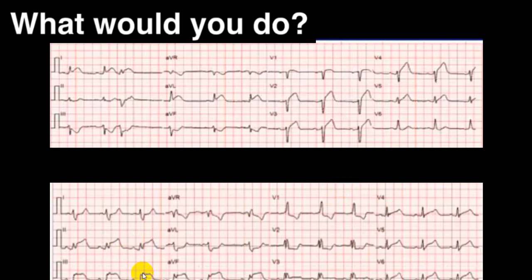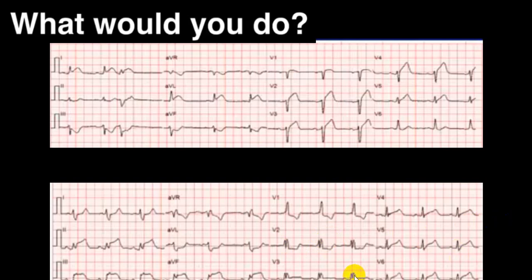So you have to put all things together. There is inferior wall, there are reciprocal changes of inferior wall, and there is ST depression with T wave inversion in AVR. Even in V1 you see there is an R wave with ST depression and T wave inversion, plus there is ST depression in V2. If you get ST depression with an R wave and an upright T wave, this will go in favor of a posterior wall MI. So you will have to take V7, V8, V9 to confirm that there is a posterior wall MI.